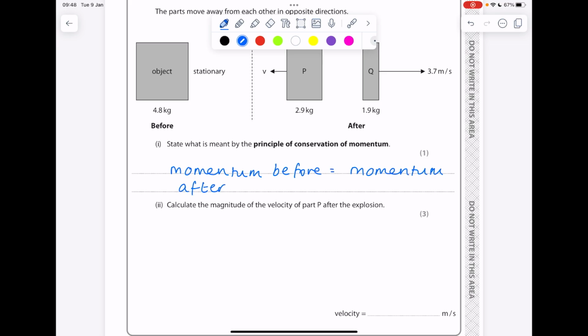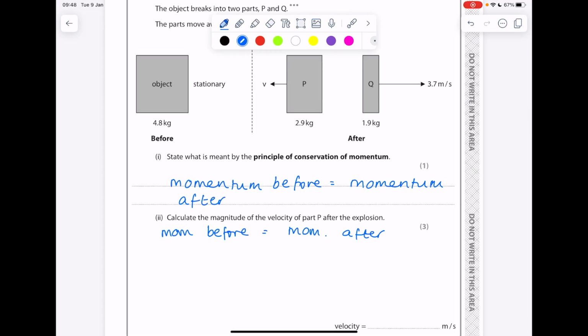Calculate the magnitude of the velocity of part P after the explosion. So let's write that again. Momentum before equals momentum after. So what is the momentum before? Well, it's its mass times its velocity. We've been told it's stationary, which means it has no velocity. Then the momentum of P is its mass 2.9 times that speed, that velocity that we're after,